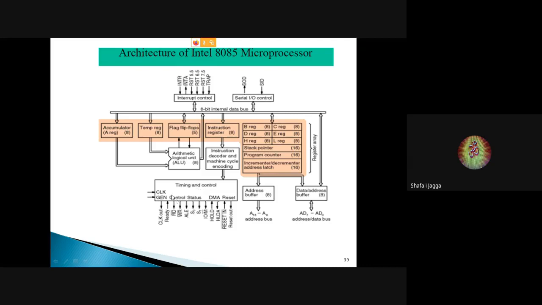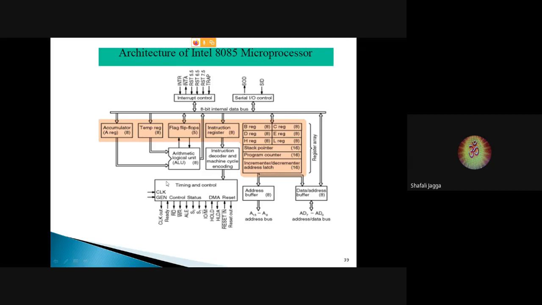Whatever clock frequency it is using for its own operation, that particular clock signal can be sent to any other device for its own use. This will be transmitted across the clock out pin. So there are two output signals here, clock out and reset out. Whenever the microprocessor is in reset, it can put other devices in reset by the reset out pin, and whichever frequency is used by the microprocessor here, 3.125 megahertz, can be given to any other device using the clock out output signal.